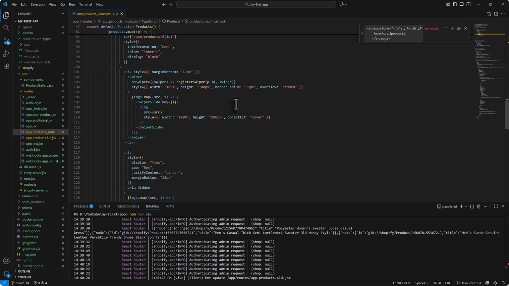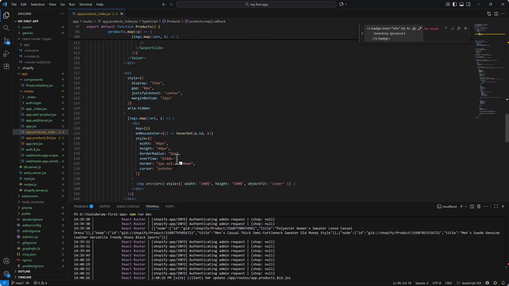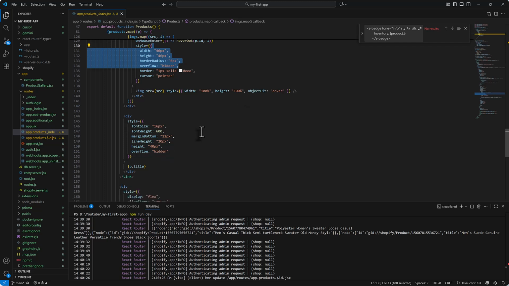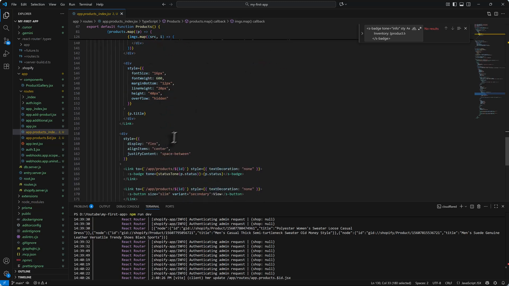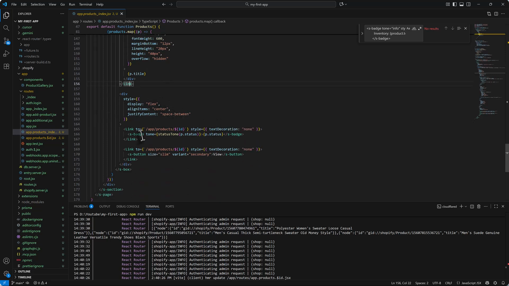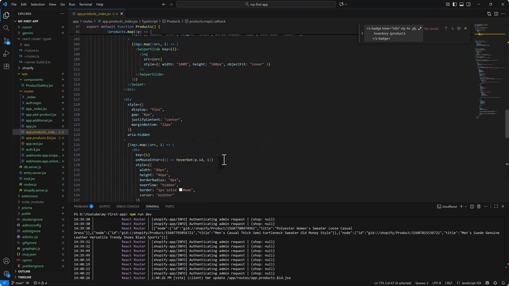As you can see, we have a slider for the thumbnails, and then we have the main image over here and the style of the main image, and then we have a link. It will take us to the detail page, and after that we have the status over here, and on the right side we have the view button, and when you click on this view button it will take us to the product detail page. So this is for the product